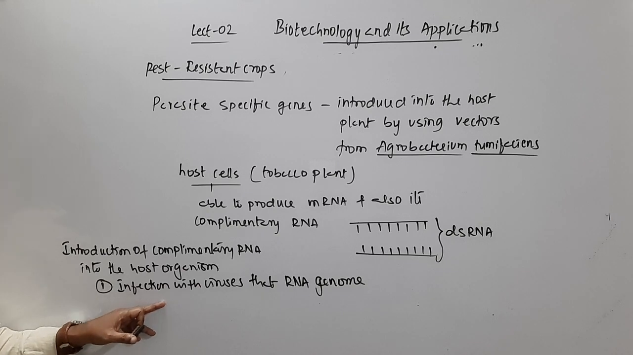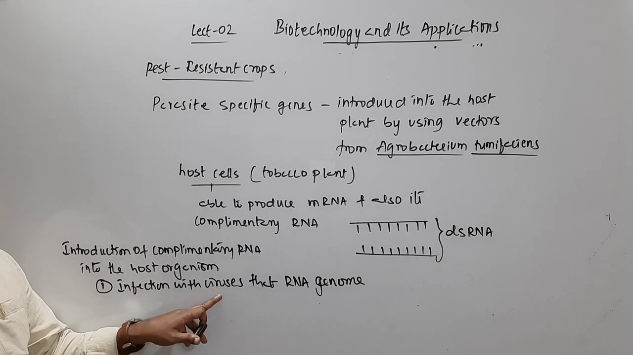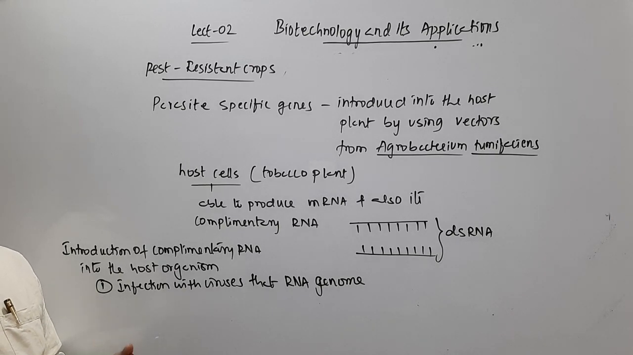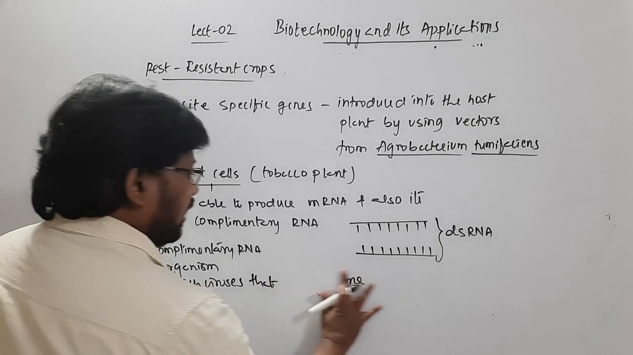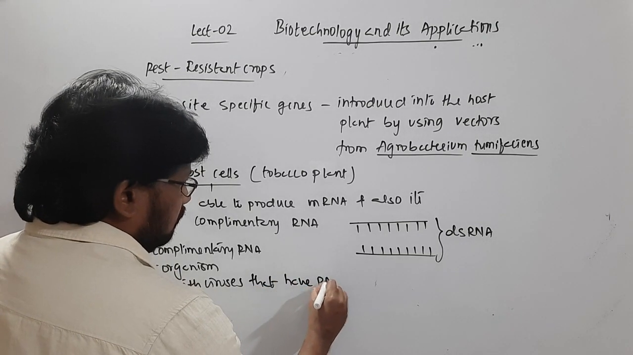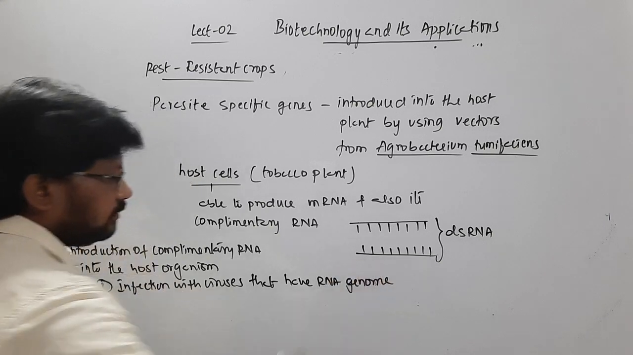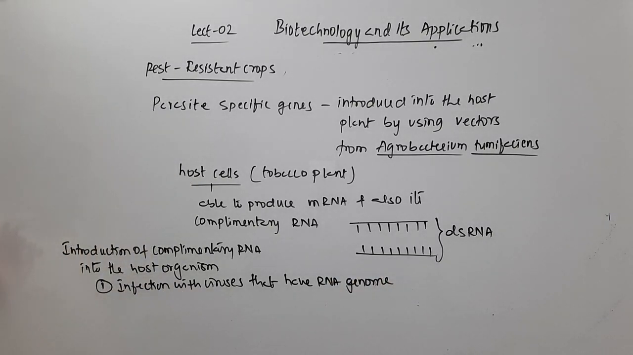We know from earlier sessions that even the viruses that can cause diseases, you can make them non-pathogenic or disarmed, and then use them to deliver your gene of interest. So you can make infection with viruses that have an RNA genome, right? And that can even happen naturally, not only by us. Then, or by